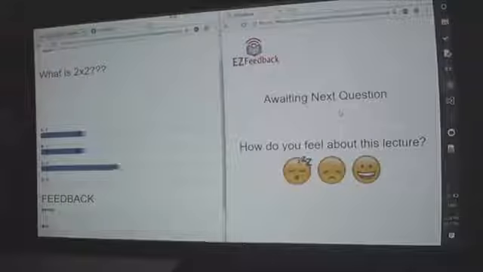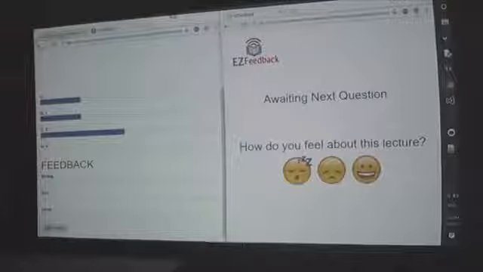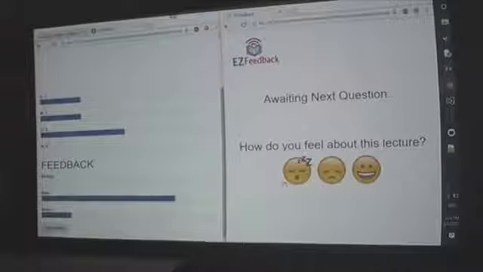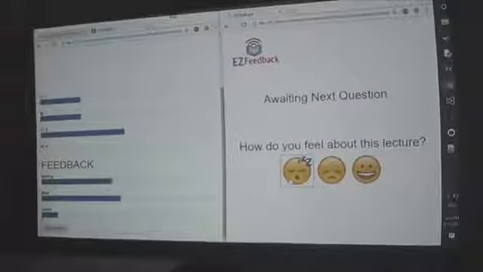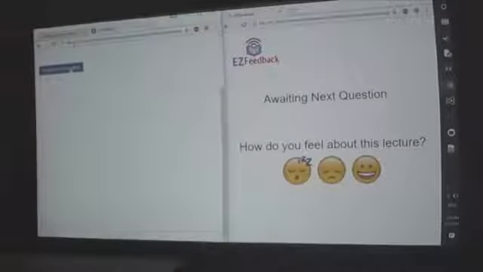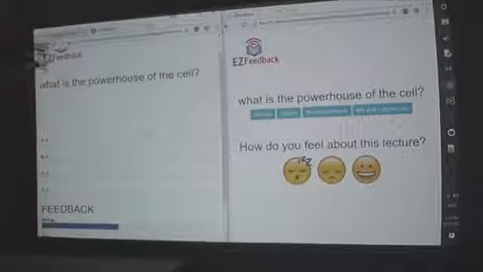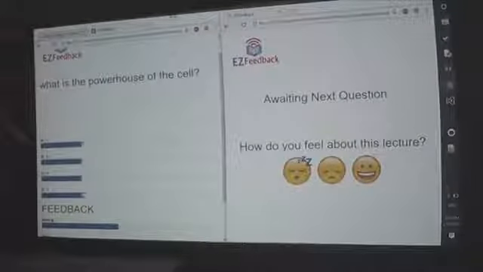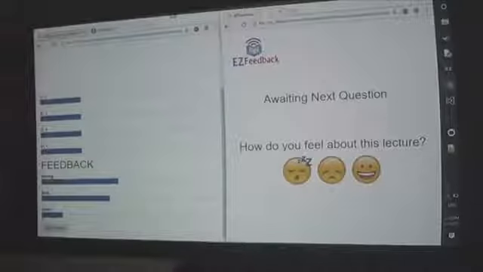You see the answers as students answer the question, and also throughout the lecture, if the students are feeling that it's a little dry or something, they can give that feedback to the teacher, so the teacher can adjust their spiels accordingly. And so as we continue to go through, and we publish another question, you get to see another question, they answer it, and you immediately see the answers and the amount of people who answered, as well as the feedback.